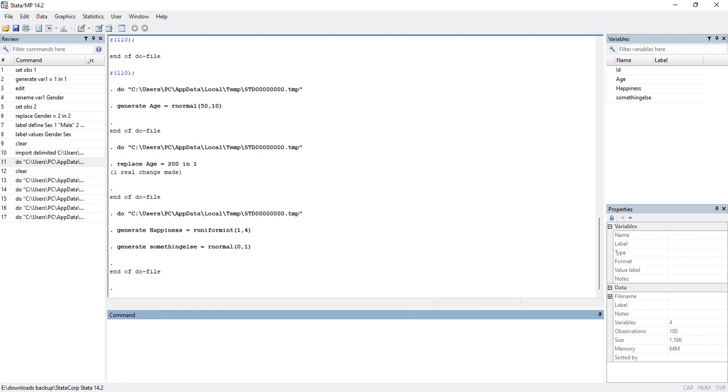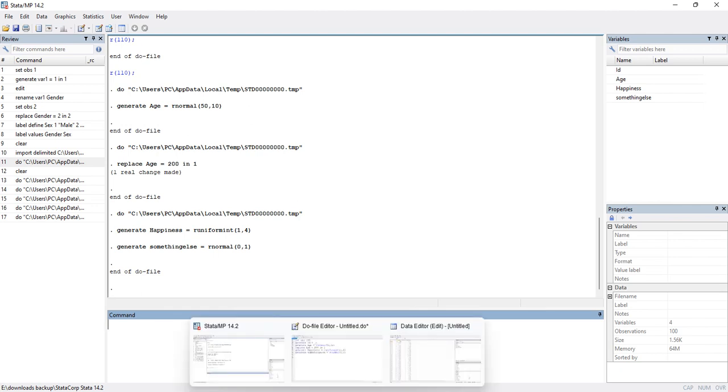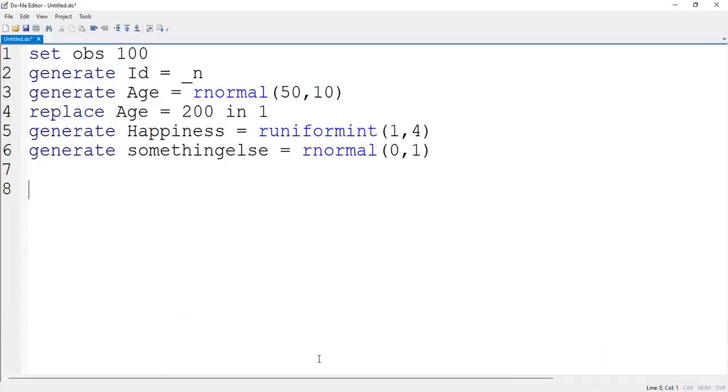You should not introduce a space. After writing generate happiness, then a space, then the equal sign, then a space, then runiformint. That should not be affecting; the spaces here should not be affecting. The only space that should affect is in between the